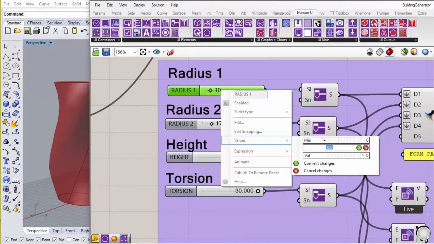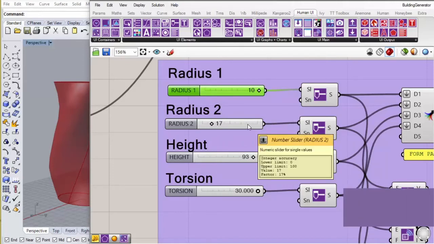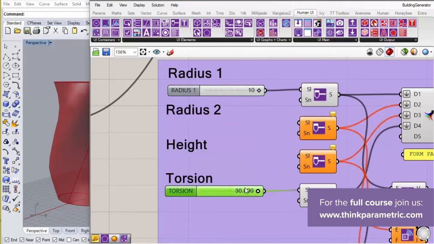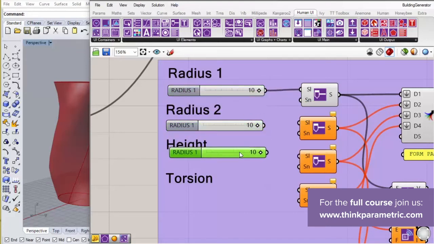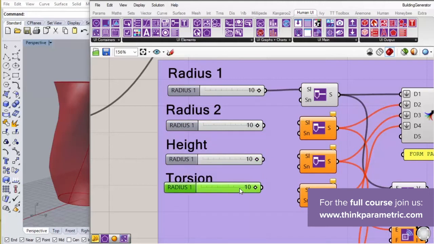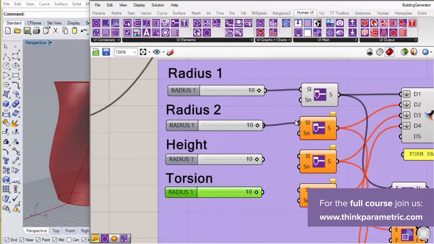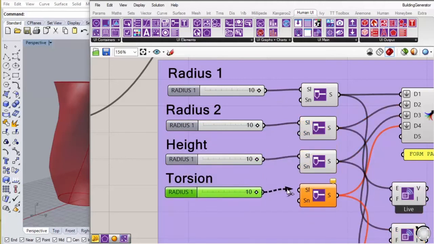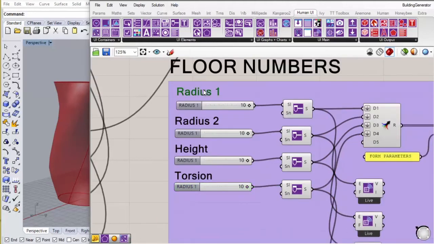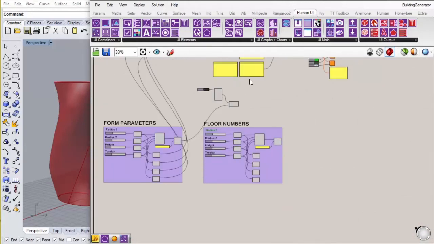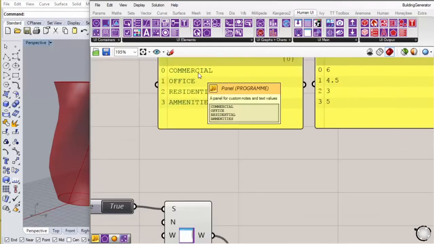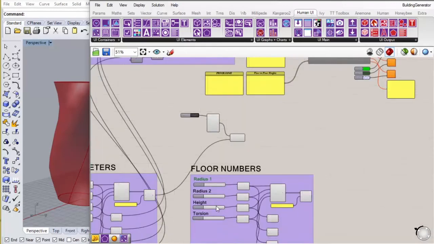Let's call it just 1 to 10 for each of these. And then these should correspond to our program types: commercial, office, residential, and amenities.